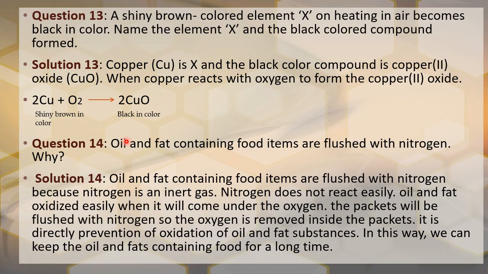So to protect the food which contains oils and fats from rancidity means what? They should not undergo spoilage or loss of property. We have to protect the oil and fat from spoilage, from the rancidity. For this, we have to flush with nitrogen. Why? Because nitrogen is an inert gas, inert element, inert molecule. Therefore, when it is inert, it will not react with the food content. Therefore, food is maintained.